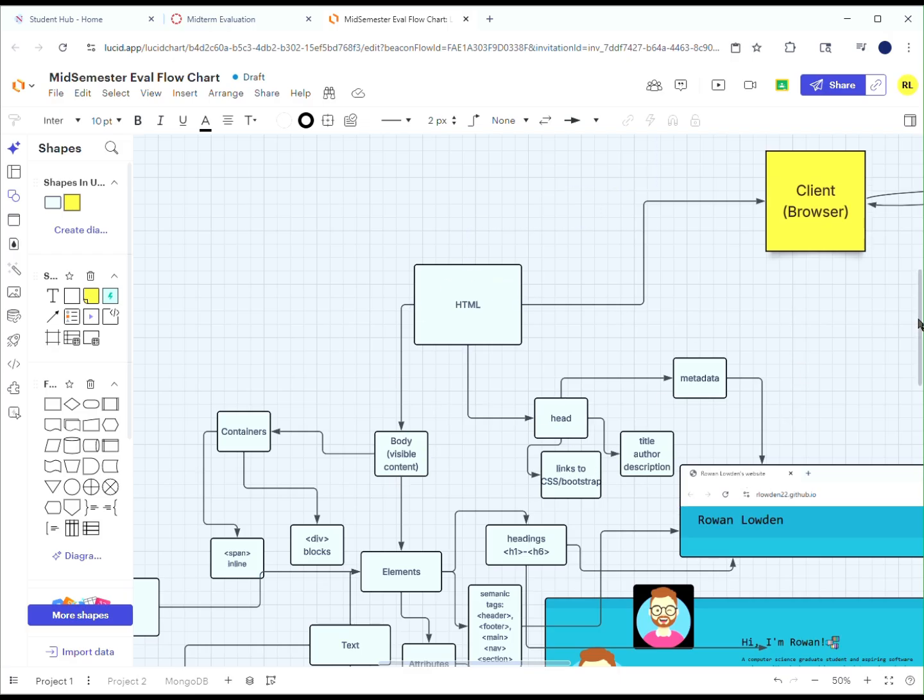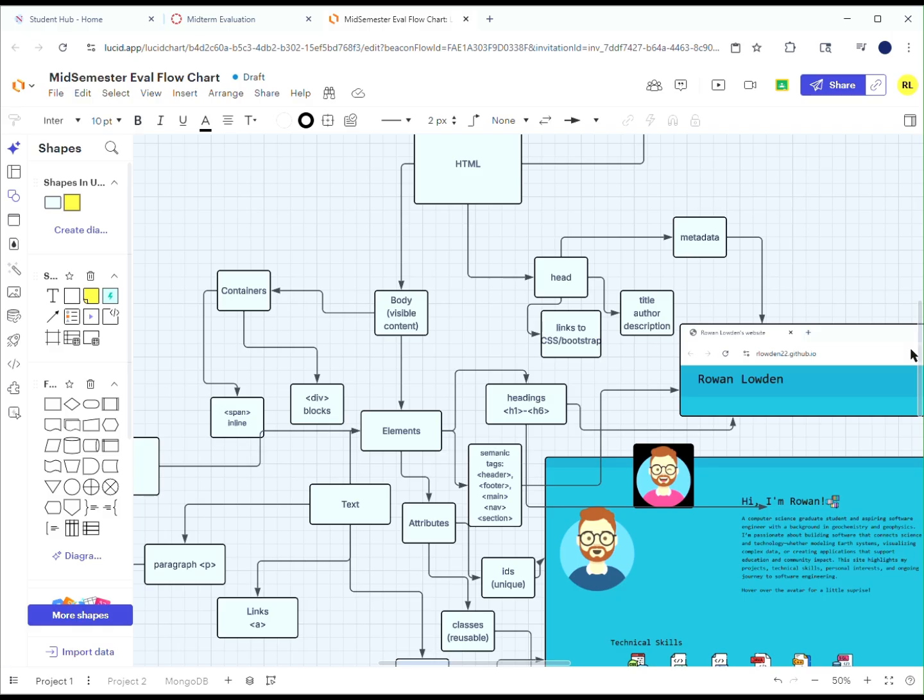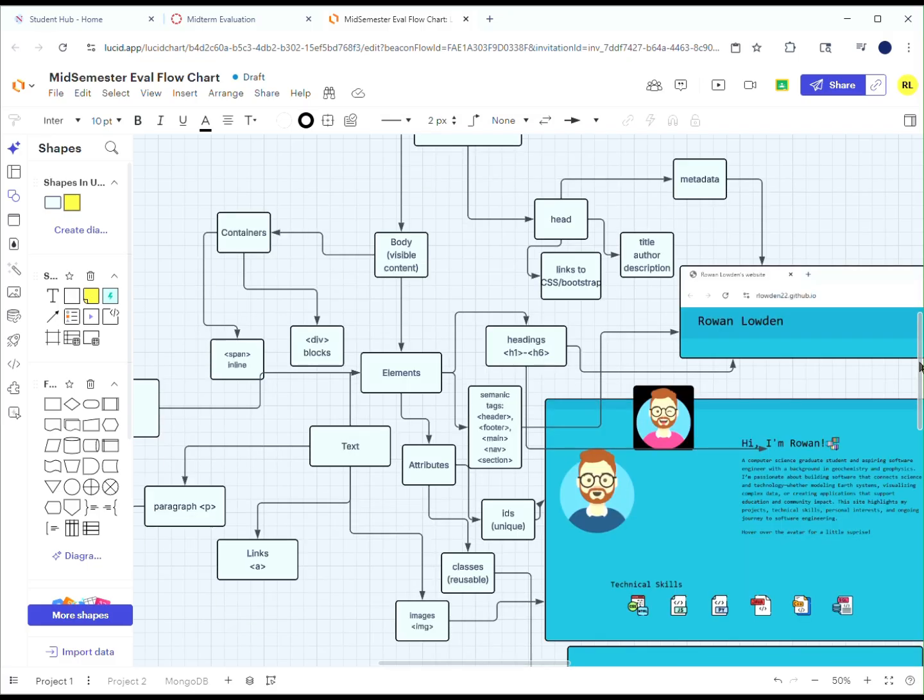The visible part of the HTML, we call that the body, and there are lots of different parts to the visible content, because that is what HTML is used for mostly, our visible content that we can style and organize, etc., on something like this web page. So we have various types of elements inside the visible content, or body, that we can display using HTML. Some of those here,